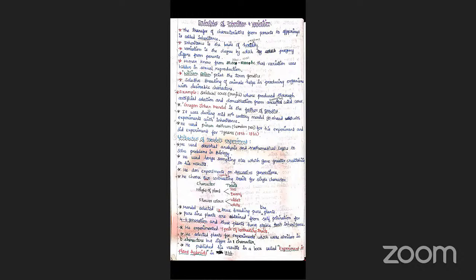For example, biology. Bio means living. Logy means study. The study of living things is known as biology. Like that, we must see the literal meaning. So when you are going to study a single chapter, first of all, you should know what are the things which